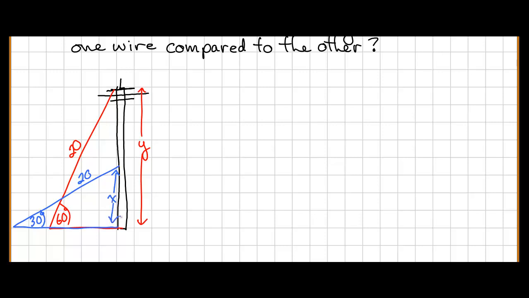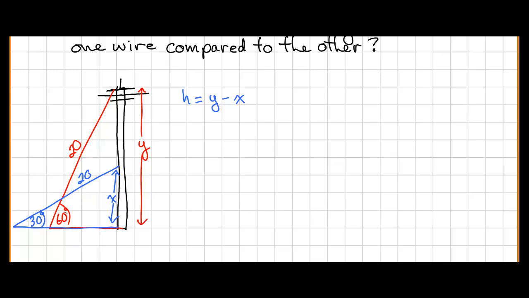If we want to find the distance between one wire compared to the other, we need to essentially go y minus x. So how much higher is the end? Let's say that height is equal to y minus x. So we're going to find y and find x, and then we're going to calculate what h is. So starting with y,